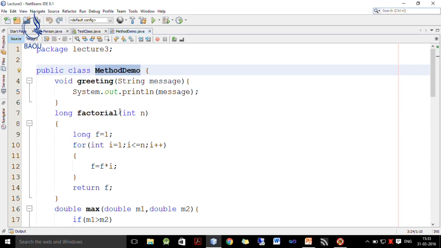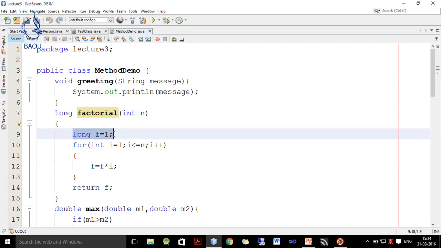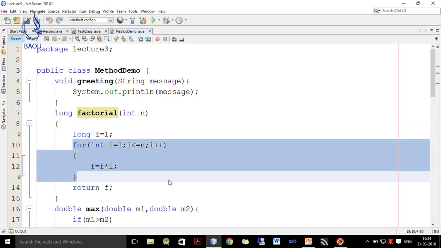displays that message only. The next method is a factorial method, and it actually calculates the factorial of n and returns this value as long. So, I initialize f to 1, which represents the factorial of the given number. The factorial is nothing but the multiplication of 1 to n if we want to find the factorial of n.